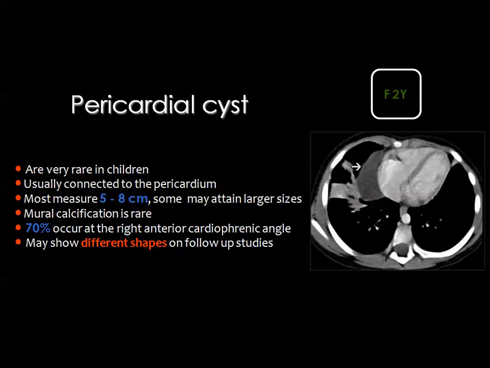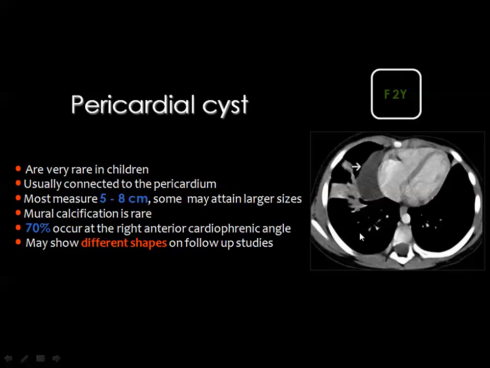may contain internal septations. Then if you look carefully here, then you can easily appreciate that this is not a pulmonary lesion. If this is a pulmonary lesion, you would say this is a hydatid cyst, which is the most common cyst containing fluid in the lung. But if you look carefully here, you see, number one, the cyst is conforming with the cardiac contour, meaning that this cyst is within the mediastinum, and if it is inside the lung, it will be